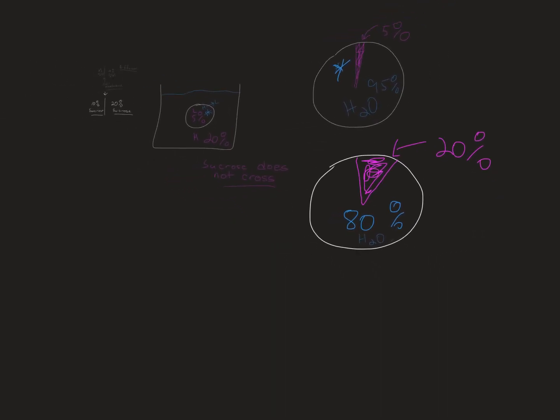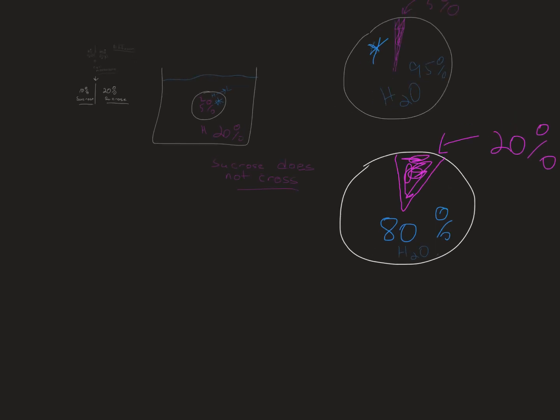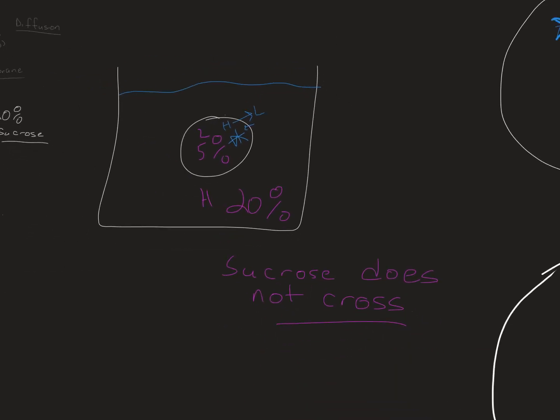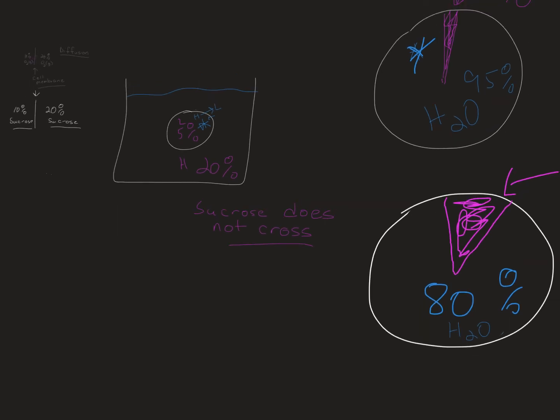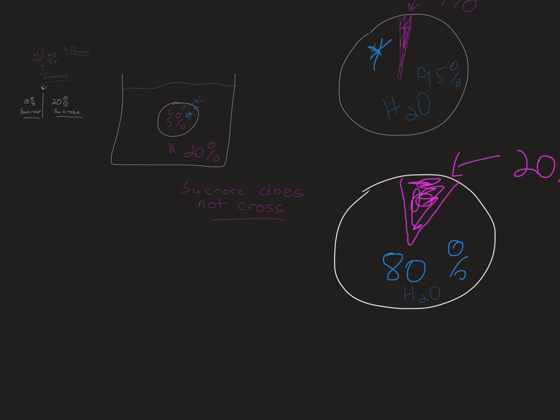A dynamic equilibrium. Somewhere in between 5 and 20%, something like 10 or 15%, whatever it is, you can do the calculations. The bottom line is that you'll get a dynamic equilibrium where there's movement of water going both directions equally. But in the beginning, most of the water is going out. Some's moving in, but the majority is going out. So water won't move to the lower solute concentration, it'll move to the lower water, higher solute concentration. I'll get to that in just a second.